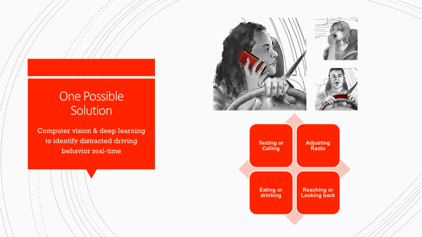Solution. The first step to a good solution is probably defining the problem. We just looked at why the problem is relevant today, why it is important, and how it ties back to insurance companies or anybody in general. Now that we know it's an important problem, what kind of solutions can we come up with to tackle it? There can be many solutions. One possible solution is, can we identify and classify distracted driving behavior using deep learning and computer vision techniques? This is a question, and